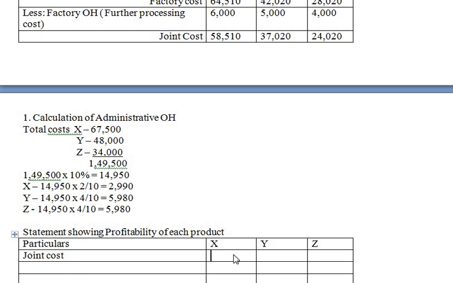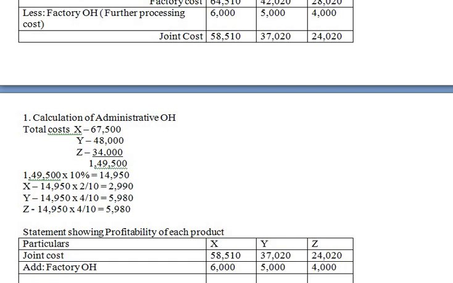In our first chart we will get it, then add factory overheads, which is already given in the problem: 6,000, 5,000, 4,000.